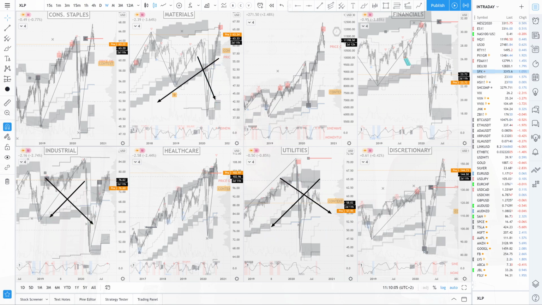And utilities and financials. Okay, so out of the defensive sectors, just materials has managed its way up. So this one, very interesting, because that's a defensive sector that's showing quite some potential in terms of reactions. All the others, we can definitely say that in terms of strength, utilities is the one that lags the most, with financials, where industrials and materials are somehow managing their way quite a bit better than the others. So we get relative strengths out of the defensive sectors.